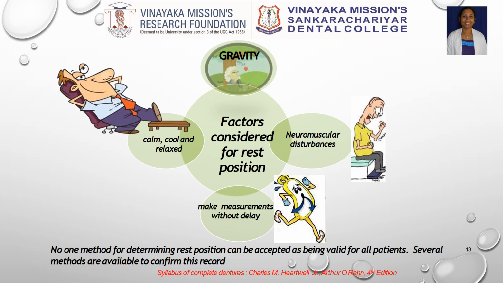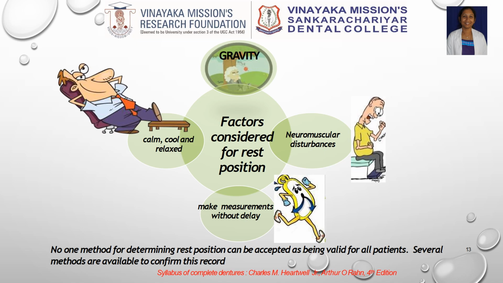Vertical dimension at rest has the following factors. The patient should be calm, cool, and comfortable. The measurement should be taken without delay. Gravity plays a vital role during measurement. If the patient has neuromuscular disturbances, the mandible will have a jerky movement, and recording a jaw relation is a task. So there is no one single method to determine the vertical dimension at rest. So we have to follow several methods in order to record it